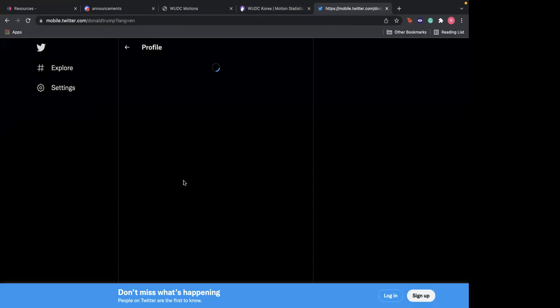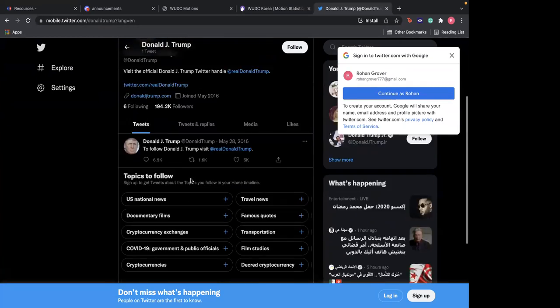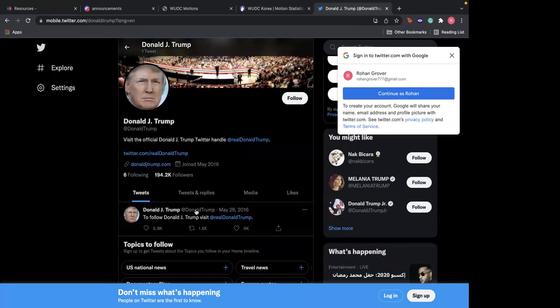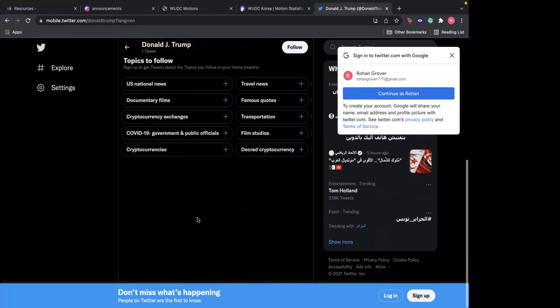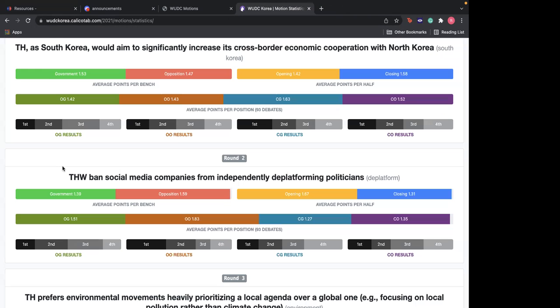So, Donald J. Trump's Twitter. This is one from 2016. But if you see, all of his tweets have been taken down. The person is not allowed to post to Twitter anymore. So this person was deplatformed, actively banned from this website, told, listen, you cannot have a social media presence over here.